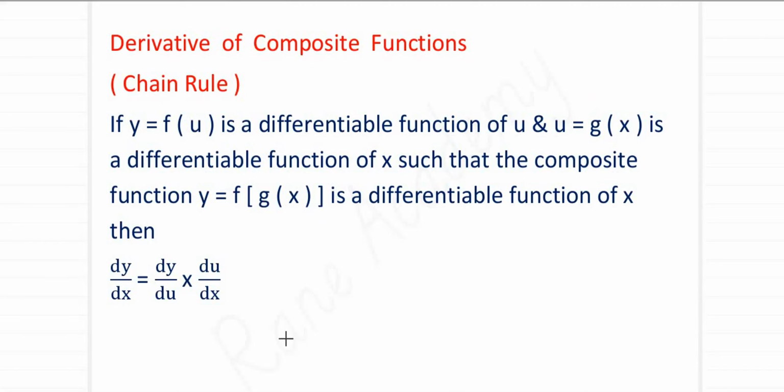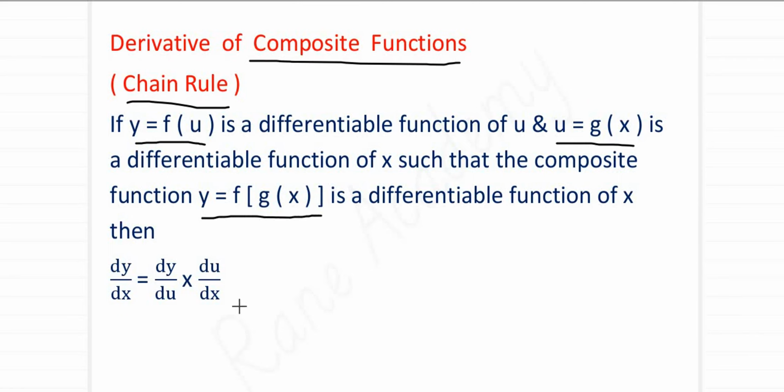Hello friends, today we study how to differentiate a composite function using a rule known as chain rule. Chain rule is used to differentiate a composite function. Now, if you have a function y is equal to f of u and you have one more function that is u is equal to g of x, and you are interested in finding the derivative of the composite function f of g of x, then we have this rule known as chain rule, where we differentiate y with respect to u first and then we differentiate u with respect to x. This is the way we apply chain rule. It will be more clear when we take an example.